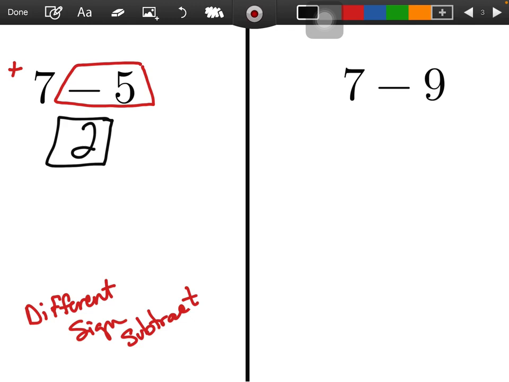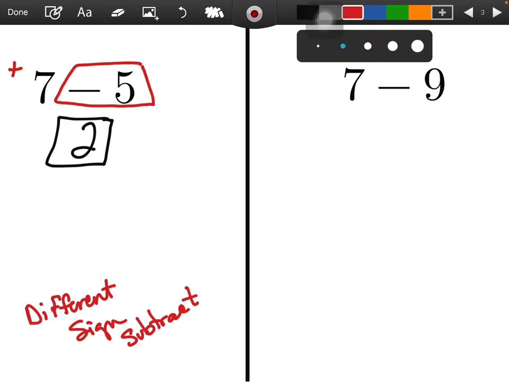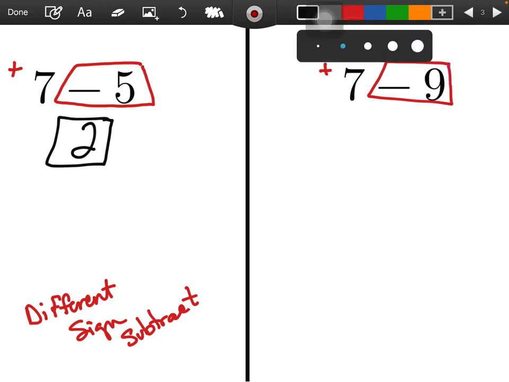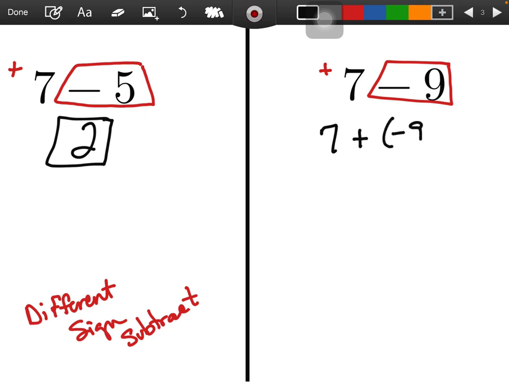Similar thing, 7 and 9. So this 7, again, is going to be positive. This 9 is going to be negative. I can rewrite it and say 7 plus a negative 9. Same sign add, different sign subtract. That's basically how this is written. Okay, so then you'd actually just subtract it. So 7 minus 9, I actually am going to flip and do 9 minus 7. That gives me 2. And then keep the sign